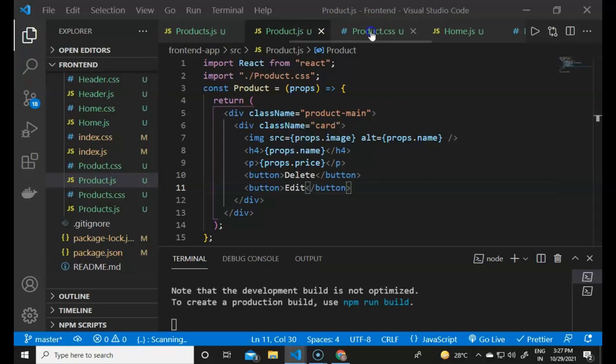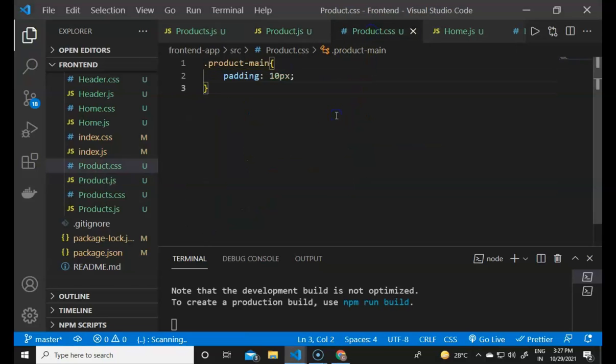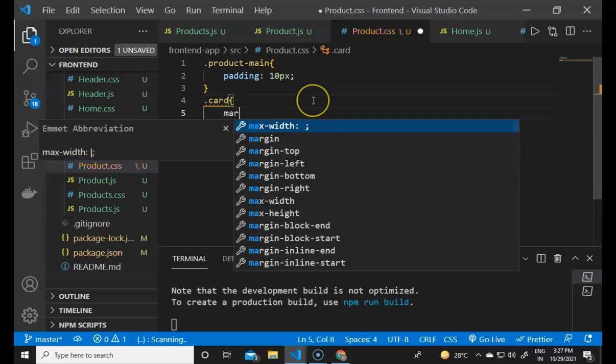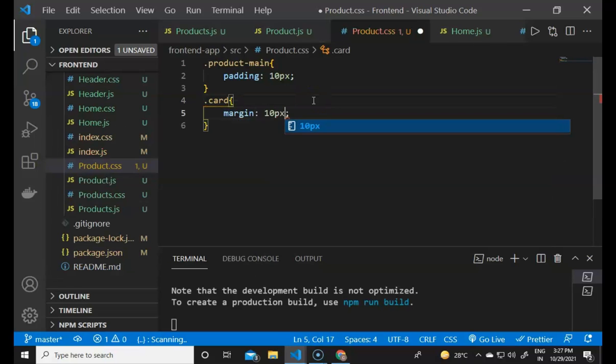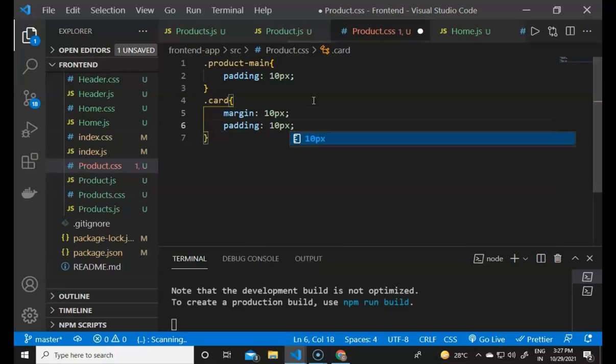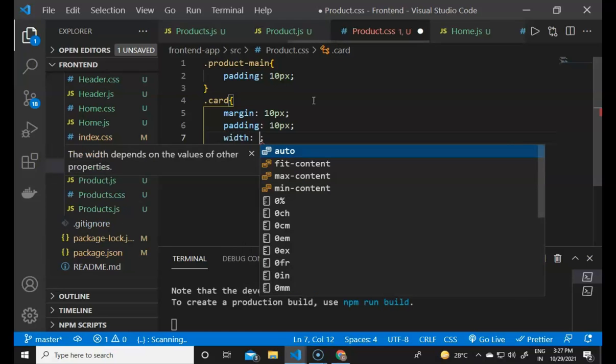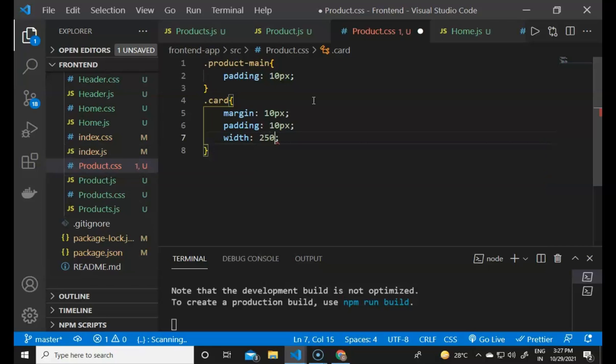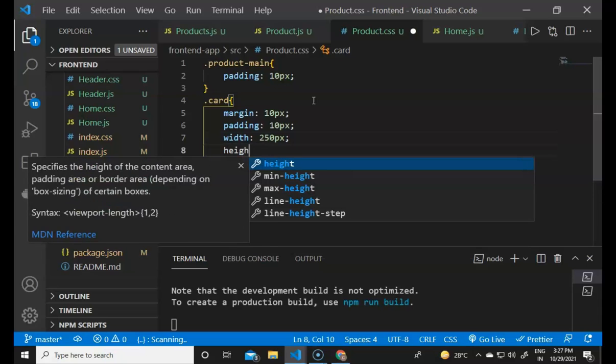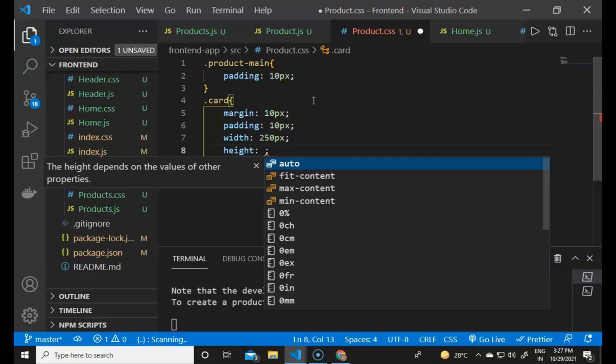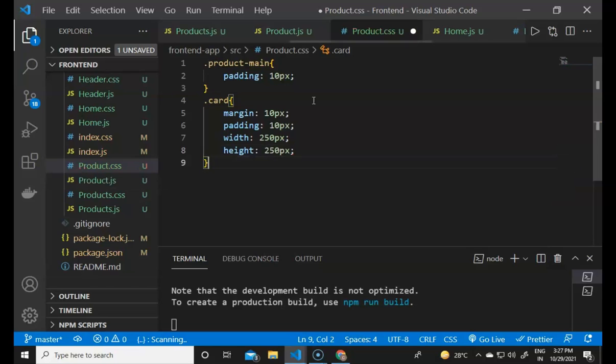But if I go to the product.css file and define the style for the card, the margin will be 10 pixels around it, and it will contain padding again of 10 pixels. It will contain a width of around 300 pixels, or 250px if you prefer, and the height of the card will also be 250px.